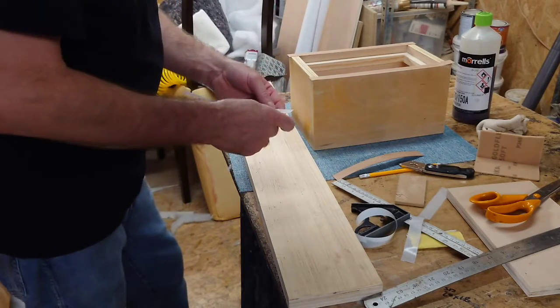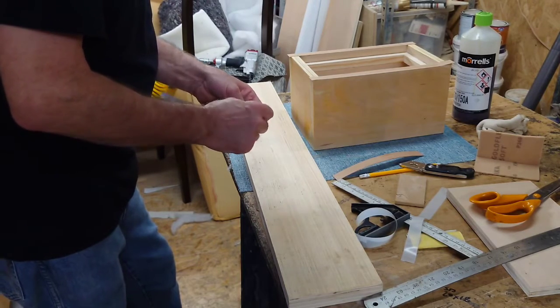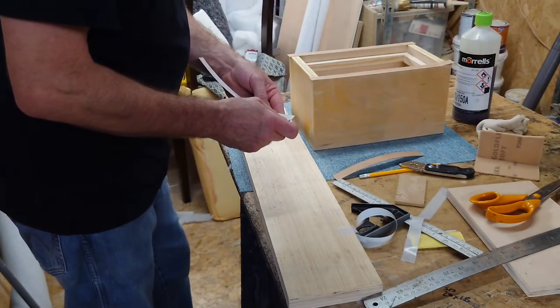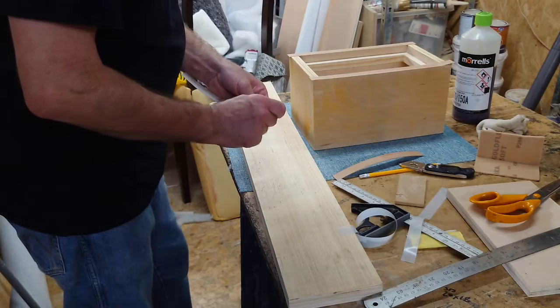Now for anybody that doesn't know how to do veneering, this type of veneer, this peel and stick, is just fabulous. Now if you were doing a tabletop, I'd be a bit dubious about using this. On speakers it's okay, but if you're on a surface where you could get some sort of heat on there,